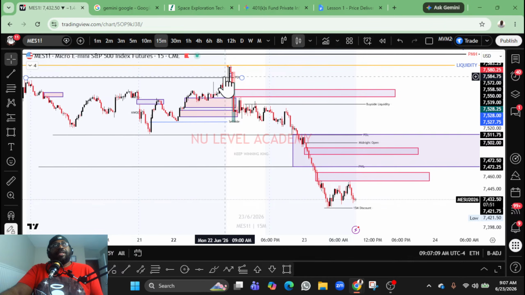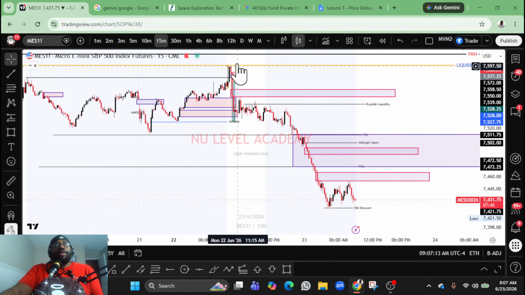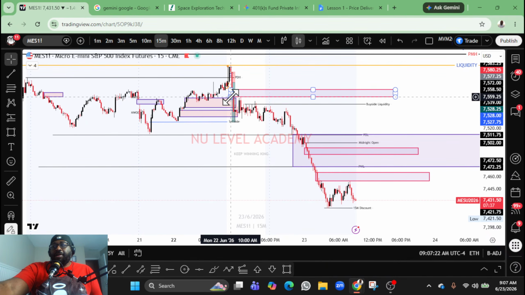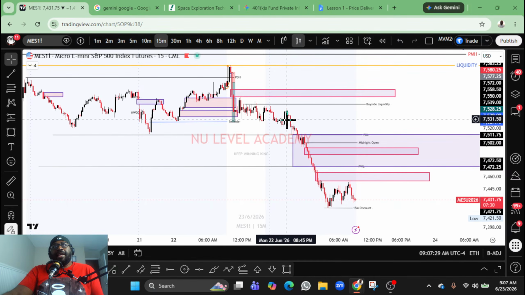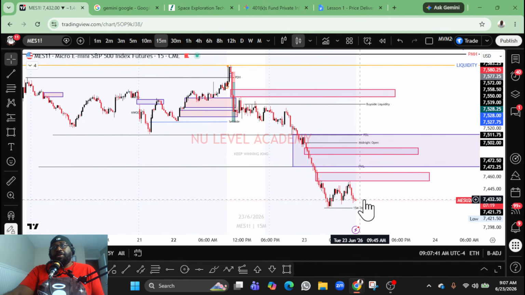Yesterday, we swept previous day high, and we basically shorted where we left this liquidity here. And we took a short yesterday all the way down to what? Sell side, right? Beautiful price action. Everything was good within that. But then we consolidated for the rest of the day. And then, as you could see during Asia session last night, look at the market. It's just been continuing to go down.